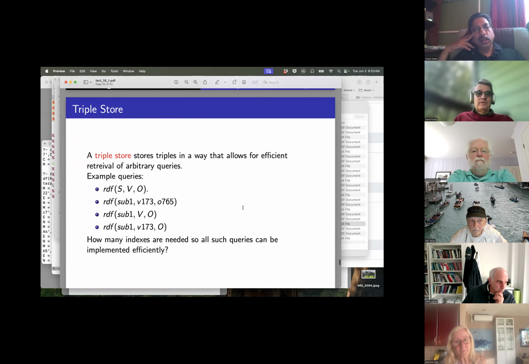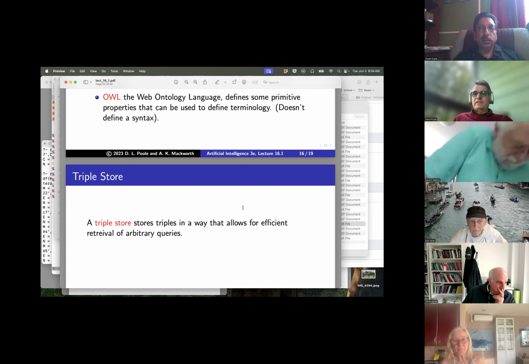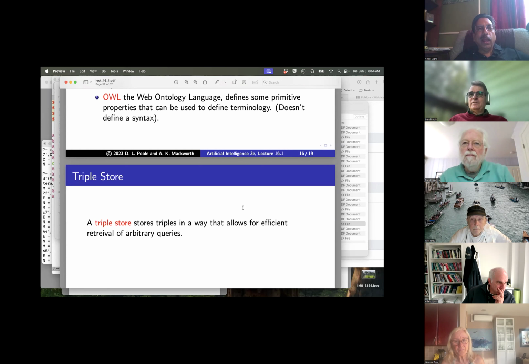OWL is this language. RDF lets you state class and subclass, and property and subproperty. OWL lets you have all these other constraints, like Christine Sinclair can only be a citizen of one country. Interestingly, Wikidata does not use any constraints. There are none of those in Wikidata, nothing that puts restrictions on this. I think that's part of the problem, where some of this knowledge is not in Wikidata or DBpedia, that you can be a citizen of only one country normally, and so on.